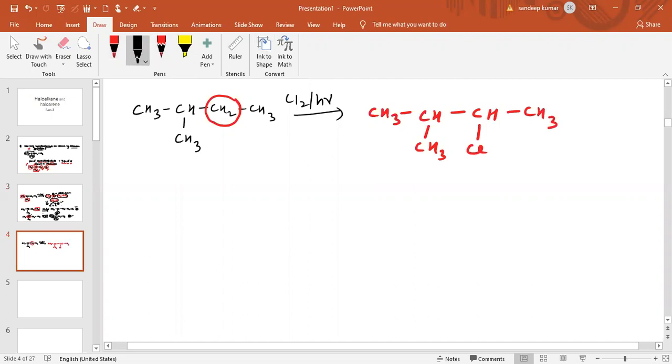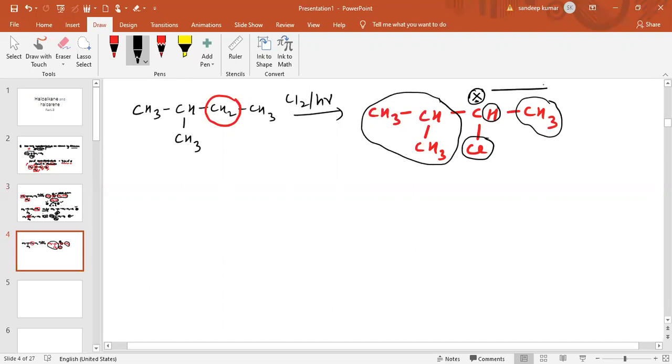Now you can easily say, when Cl is attached to this carbon atom, this is the chiral center. Why is this a chiral center? One group attached is CH3, another is Cl, one is hydrogen, and the fourth is different. So 4 different groups are attached, therefore this center will be a chiral center. In case of a single chiral center, two products are obtained, one dextro and one levo. So this is the 5th product and this is the 6th product.